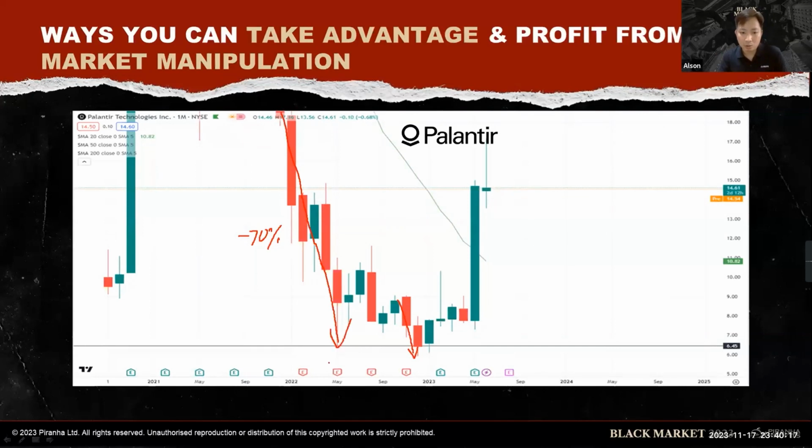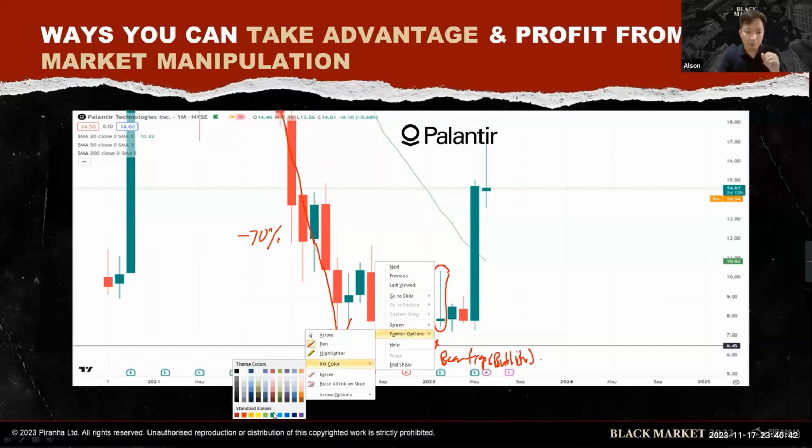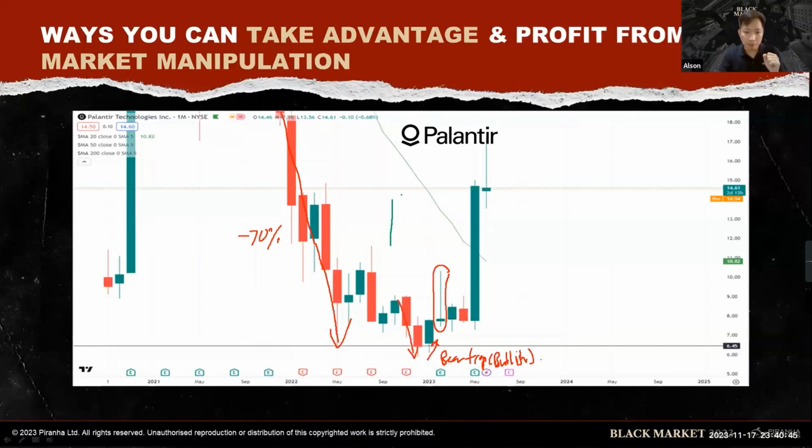In fact, this is a swing low, and this is based on what you just learned. Price goes down, goes back up. This is a bear trap, which is bullish. And you can see, guys, this is what some of you will know as a bearish pin bar, but this is out of context. It means that previously it was a green bar, then it traded back down to form a bearish pin bar. So basically, the market maker is trying to squeeze those who bought after the bear trap.